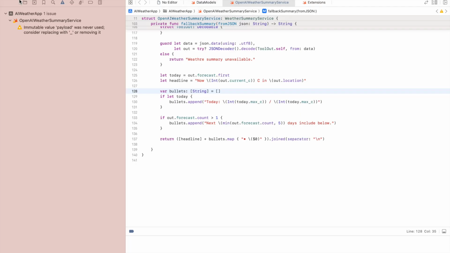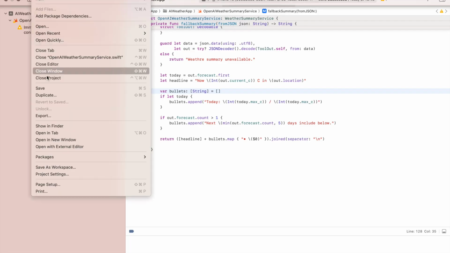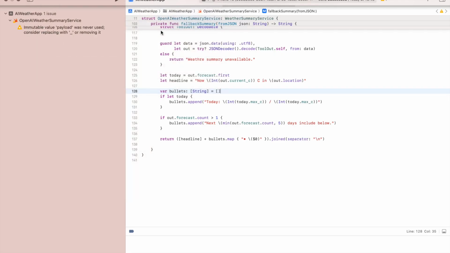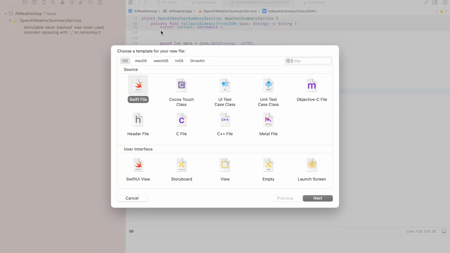So let's create that new file now. So it's File, New File, and we just call the file